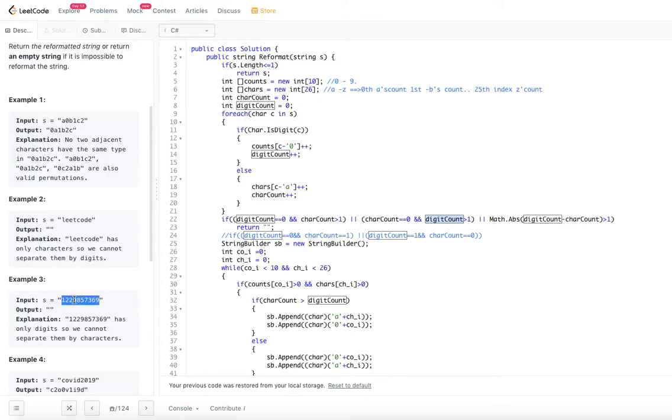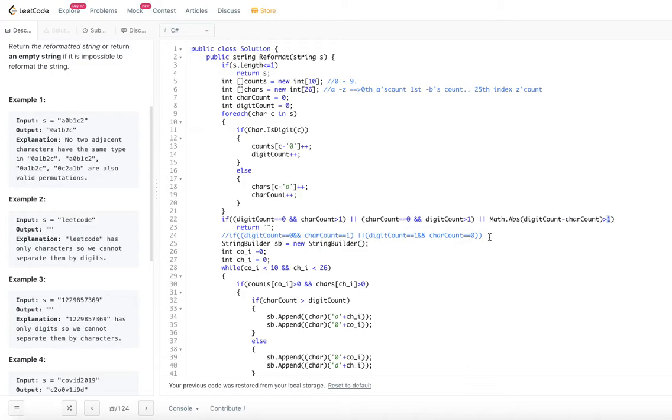In these two cases, we have to return the empty string. And there is one more case. That case is if the difference between the digit count and character count is more than 1. That means there are more digits than letters, or there are more letters than digits.